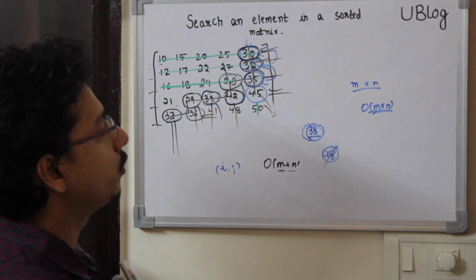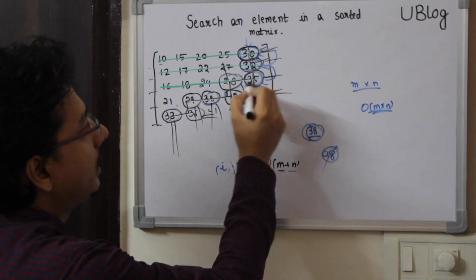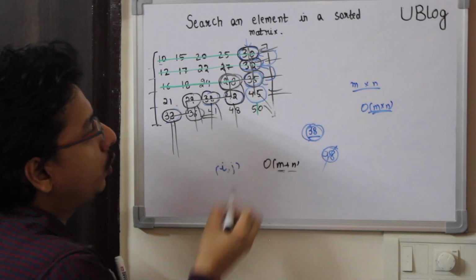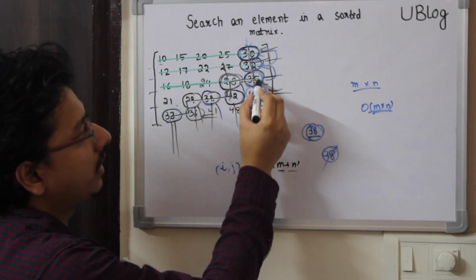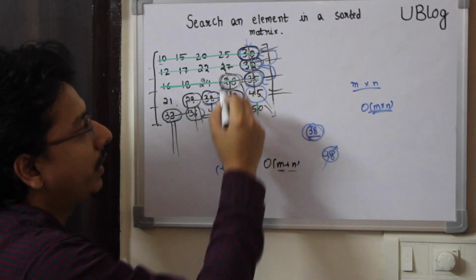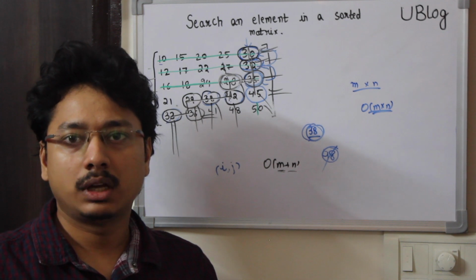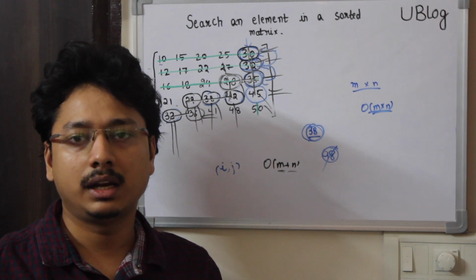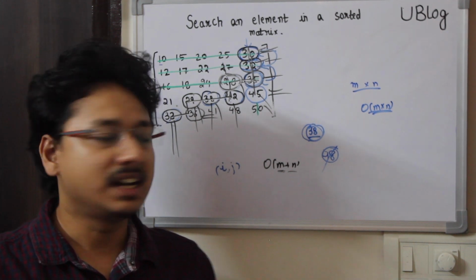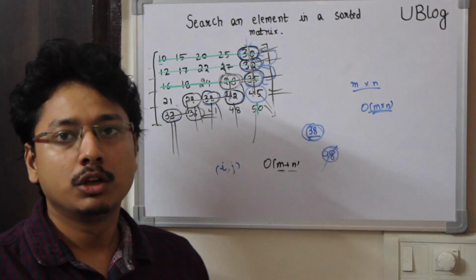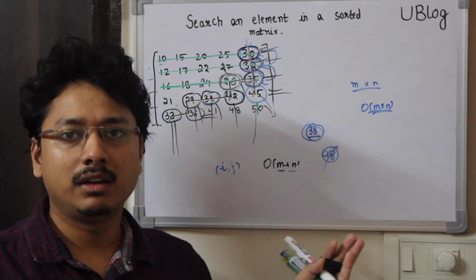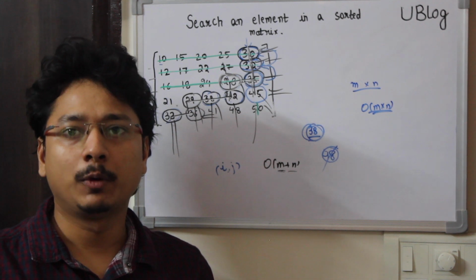So you would be confused, like if I am here now, how to decide basically where to move, down or there. At this point, how should I move? Should I move downwards or should I move right? You don't know whether the right hand side, this column, is already eliminated or not. So the code is very simple. We'll discuss the code and you will be able to understand it more.